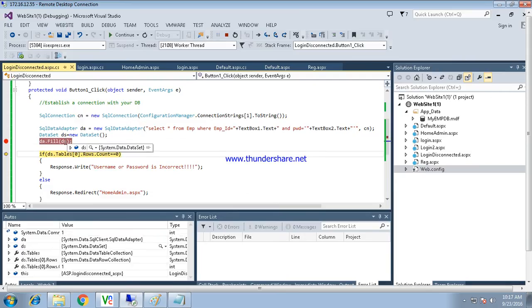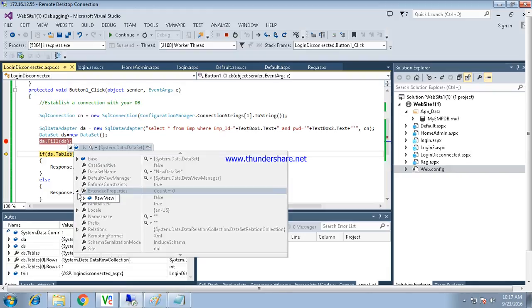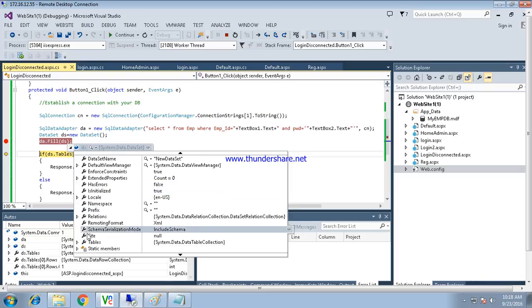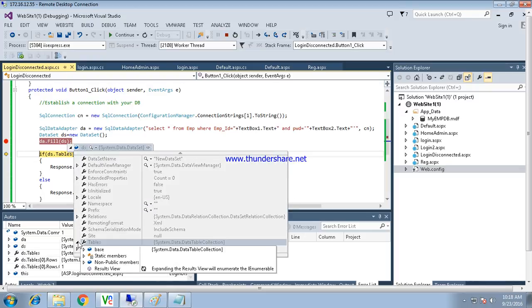This is the data set we have. In the data set we have a table, so the data set is a collection of tables. You are able to find the tables here, and in the tables you may have the result.